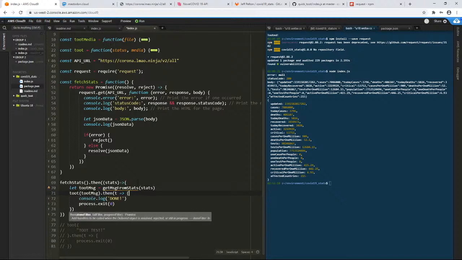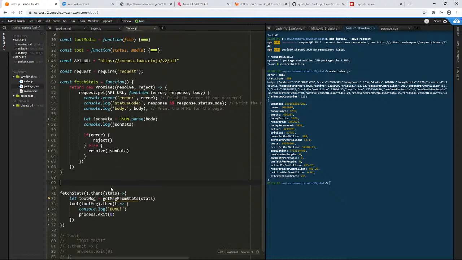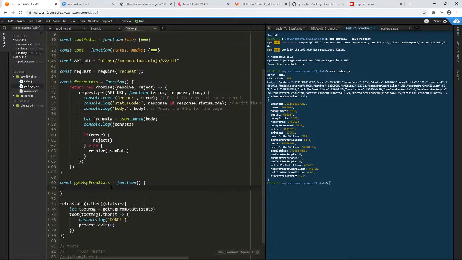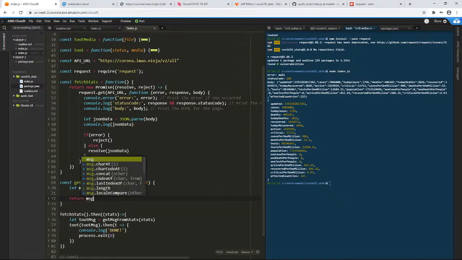We will toot that message. It'll return the actual toot from the API, which is known as T here. We'll print done and exit the process. So let's create a method function to get a message from the stats. It'll take in stats, message, return message,